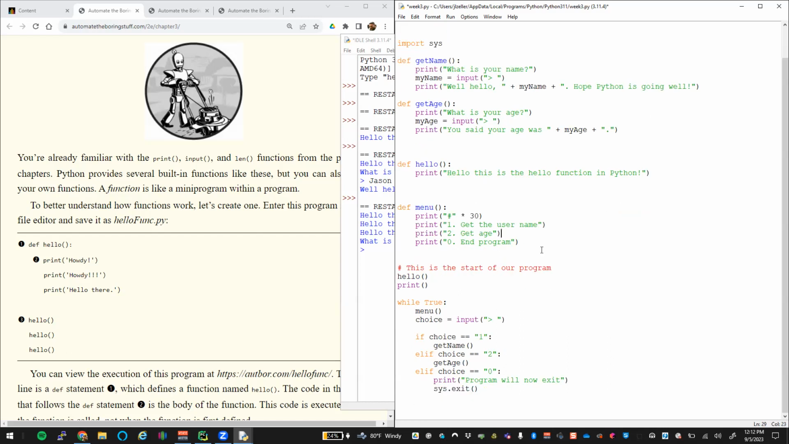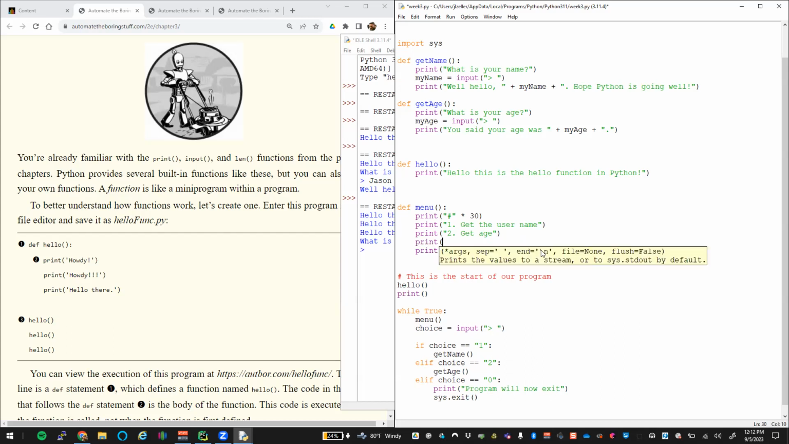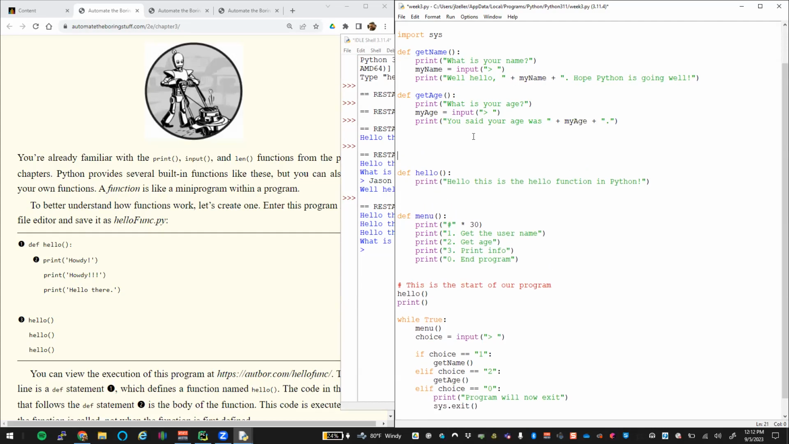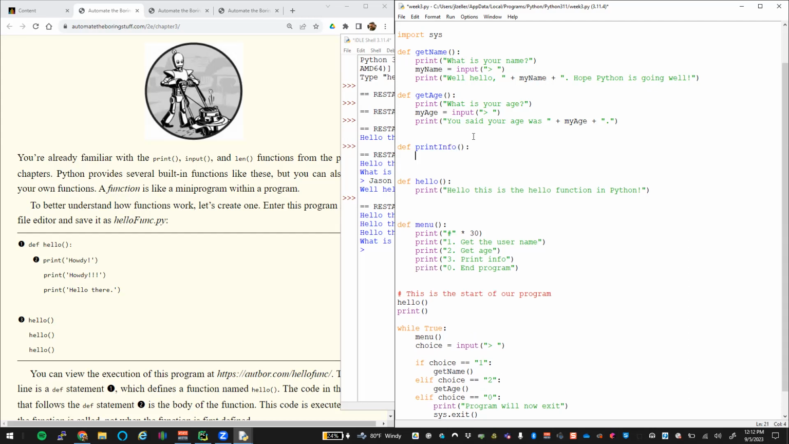And maybe we create another one down here for print. And this would say something like print 3, print info. Okay. And then that one is to print our name and age. So def print info. Print your age or your name is